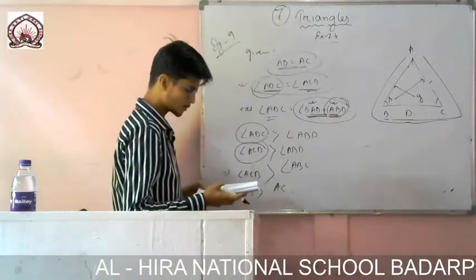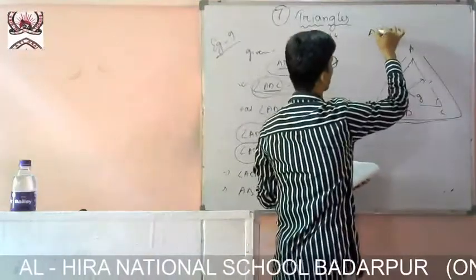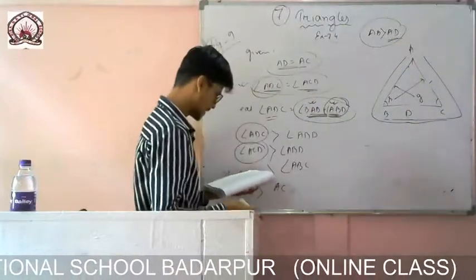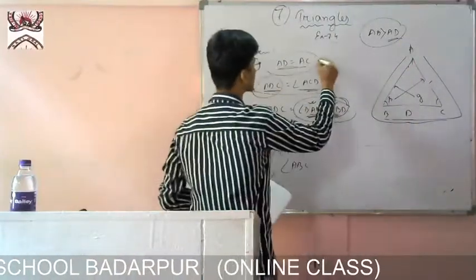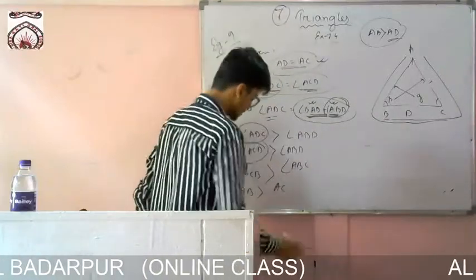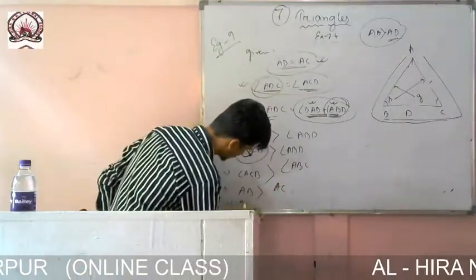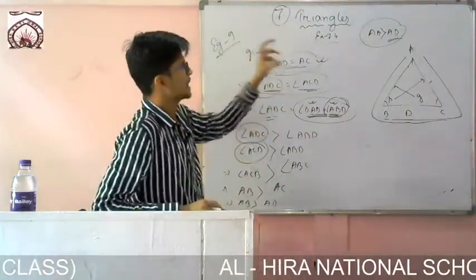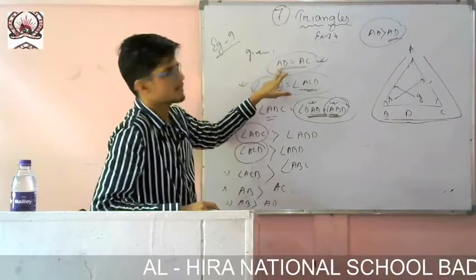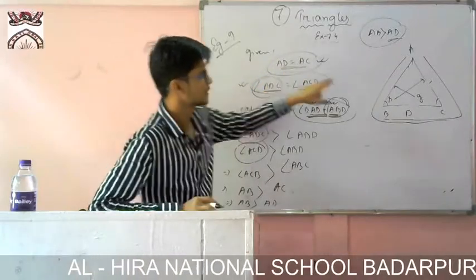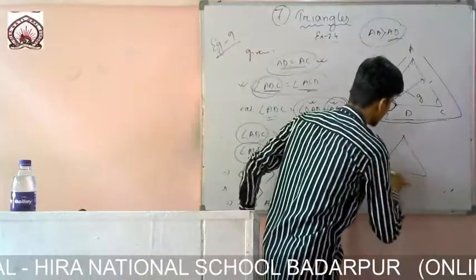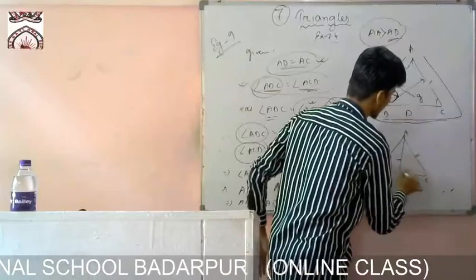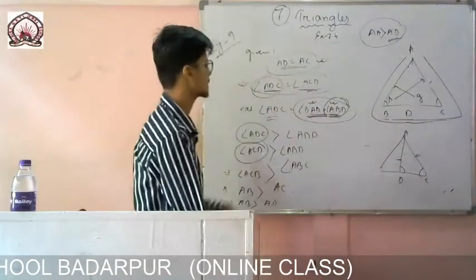And you see in the question you are to prove AB is greater than AD. You are to prove this one, not AC. But here you see in the question, the first line, what is given? AD and AC are same. So in place of AC I can write AB is greater than AD. Question is a little confusing, you see. First what was given? AD is equal to AC. So if the triangle was like this, these two sides were equal, then their base angles are equal, so I have written base angle equal.